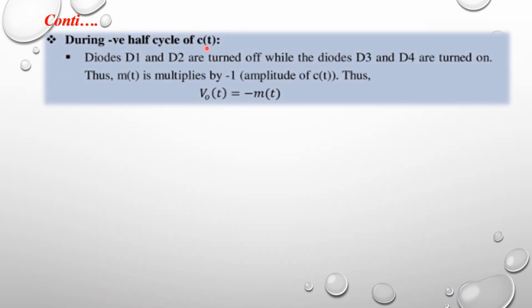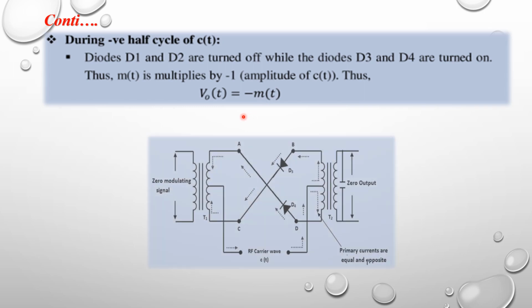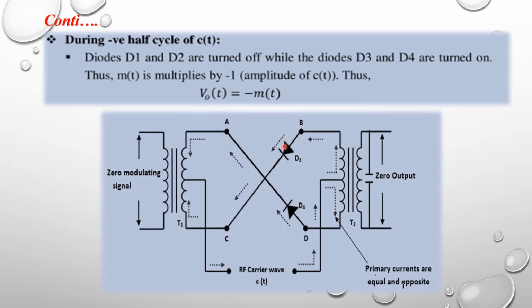During the negative half cycle of the carrier signal C of t, the diodes D1 and D2 are turned off, while the diodes D3 and D4 are turned on. Thus M of t is multiplied by the negative amplitude of the carrier signal. Thus V output of t is equal to M of t into C of t, where C of t is equal to minus 1. So we get minus M of t. In this circuit, diodes D1 and D2 are turned off,